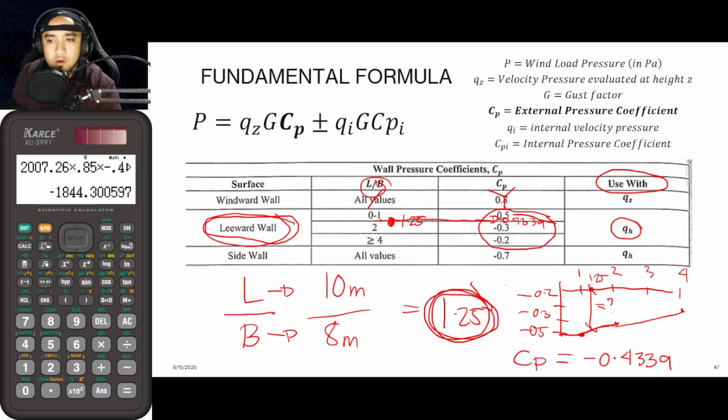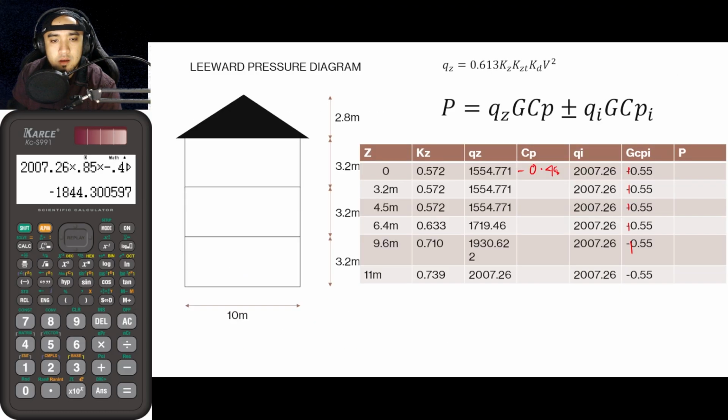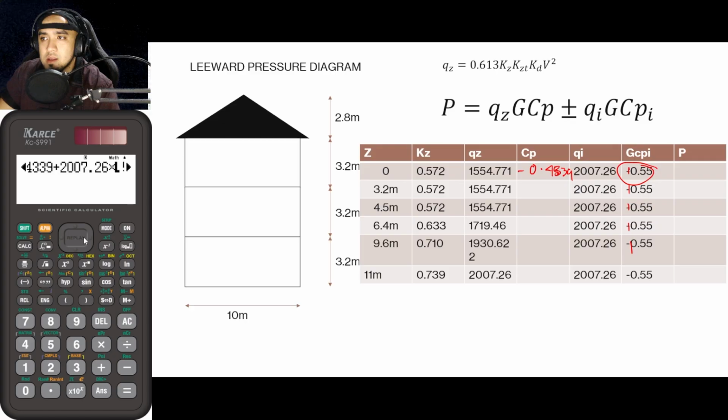If the value for CP is negative 0.4339, so again, negative 0.4339, and the value for GCPI would now be positive, I would just be deleting this negative symbol, and from that, the answer is now